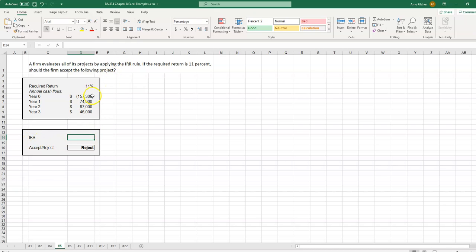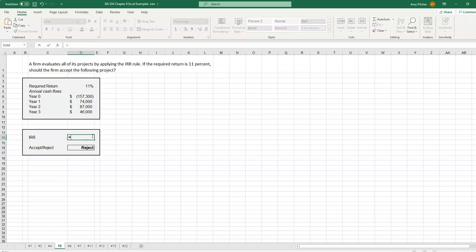When we have uneven cash flows, you can use Excel or a scientific calculator or financial calculator to calculate internal rate of return. If you try to use a mathematical formula or a handwritten formula, you have to use guesses and recalculate it until you get as close as possible. So the only way you can get just the exact answer is to use the internal rate of return function